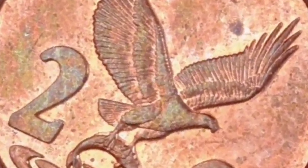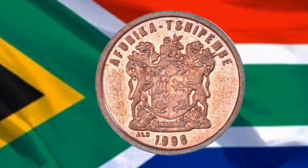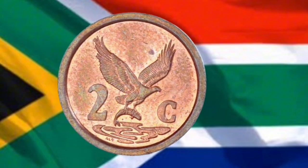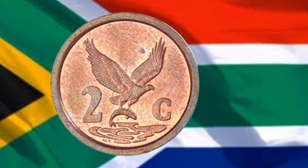Made primarily from bronze-plated steel, the coin has a diameter of approximately 18 millimeters and weighs about 2.5 grams. Its reddish-brown appearance gives it a warm and humble look, but this small coin has more to it than meets the eye. Minted by the South African Mint, this coin was circulated across the country for everyday use, yet few